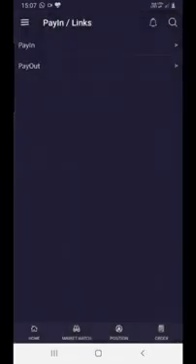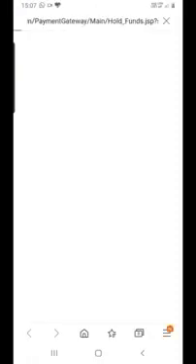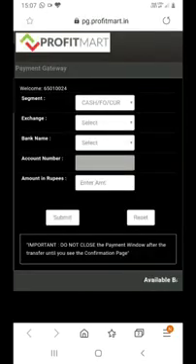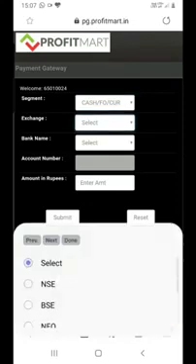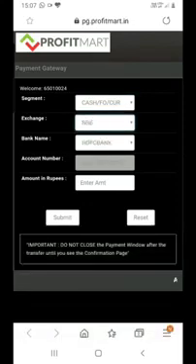We'll go to pay in and payout. Click on pay in. Suppose you want to pay in money to use it for investment or intraday purpose. Click on segment. You have to click on exchange. You can select any exchange, as we have combined ledger, so any money from any exchange can be used for another exchange. For example, you do pay in on NSE, you can trade in MCX also.